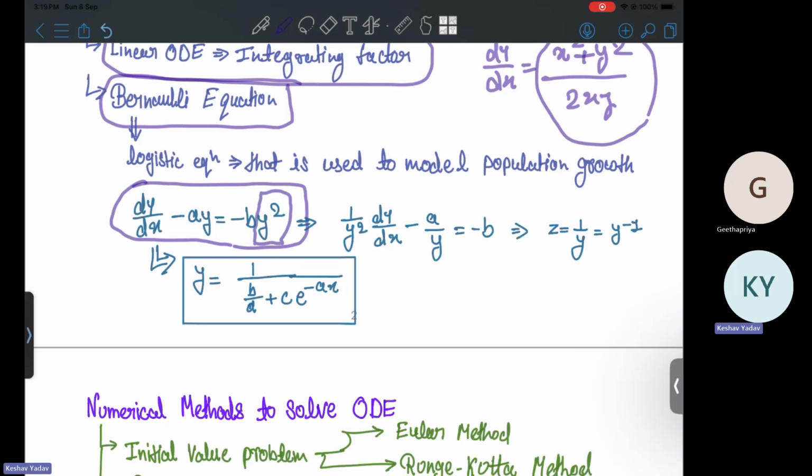Then you divide by this function of y on the left hand side, and whatever you get, suppose here we are getting a by y, so you want only y here, so you assume some variable z equal to, directly here it is 1 upon y, then you differentiate it and find out the value. Okay,